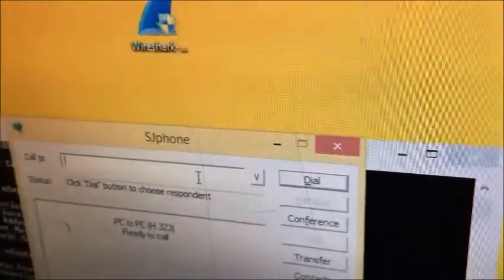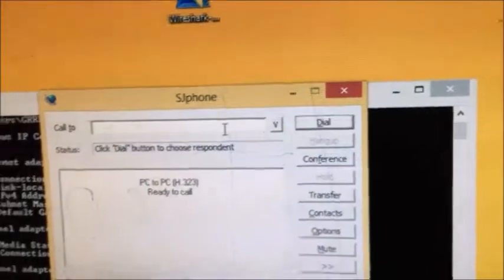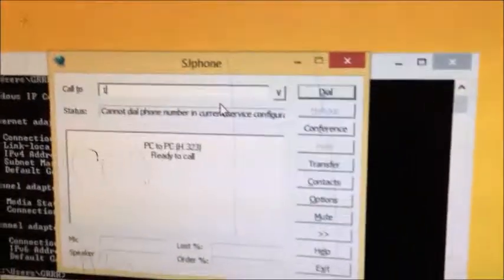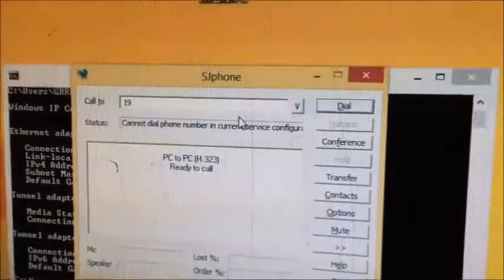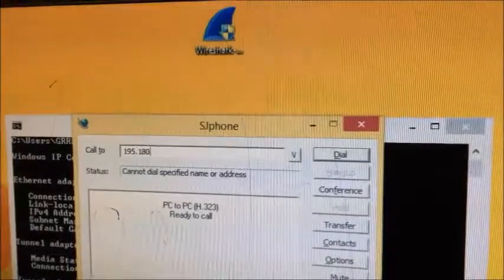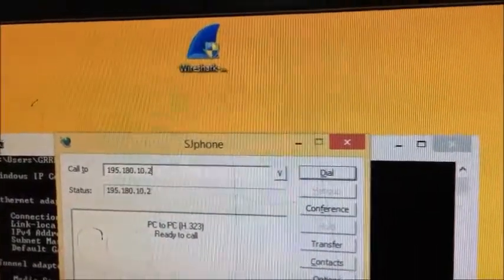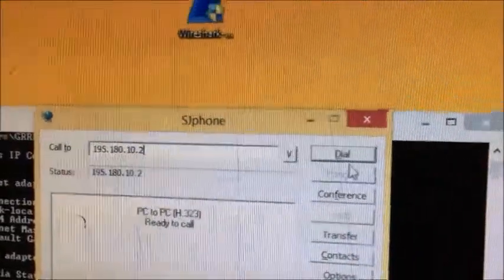Once this is done, I'm gonna show you how I can make a transfer of the call. When a particular receiver is busy, I will be able to call another system, 195.180.10.2. You can see I am calling that system.